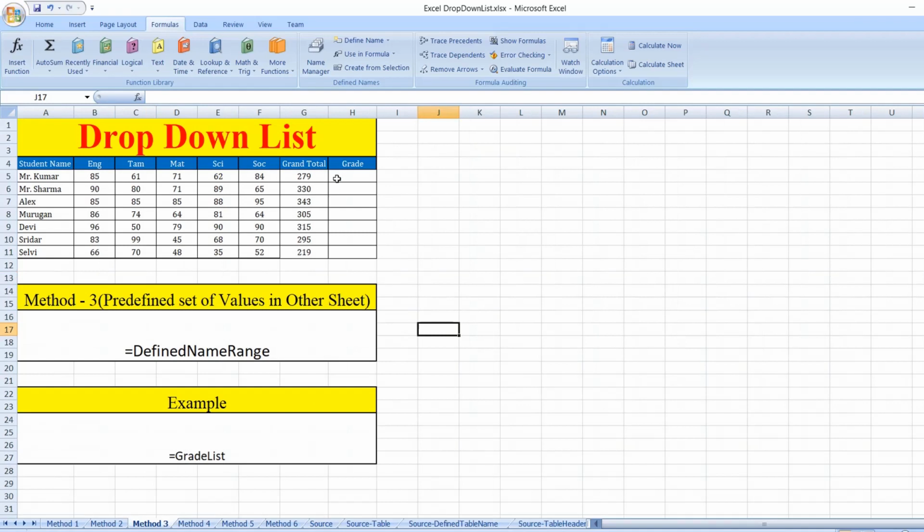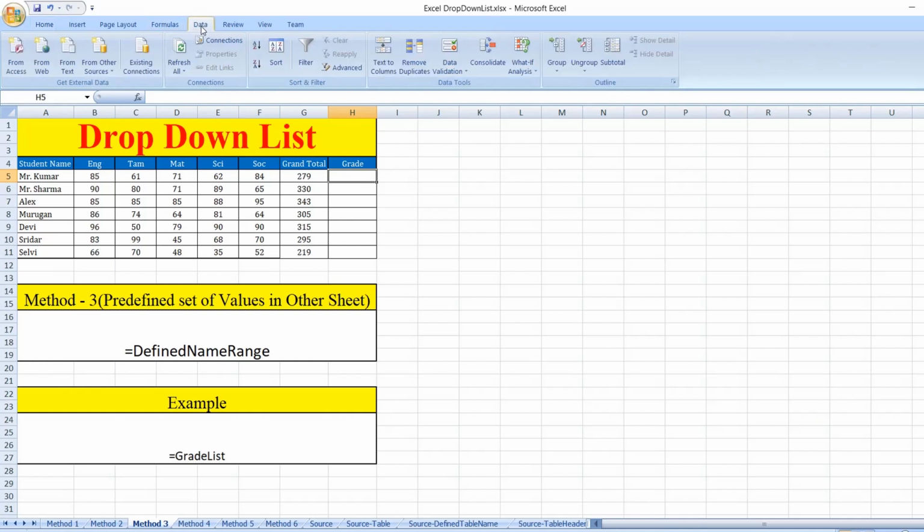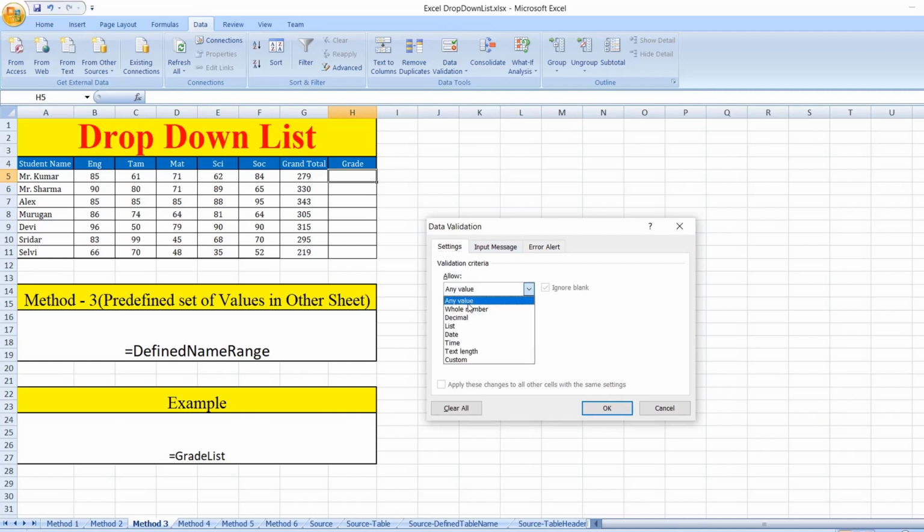So how to give in this value here? Again select the grade cell, go to data validation tab, data validation, and select the list value. In here I need to give equal to sign, then I have to give my source list name, the defined name. In my case, the defined name is grade list. Either you can type it, or the other way